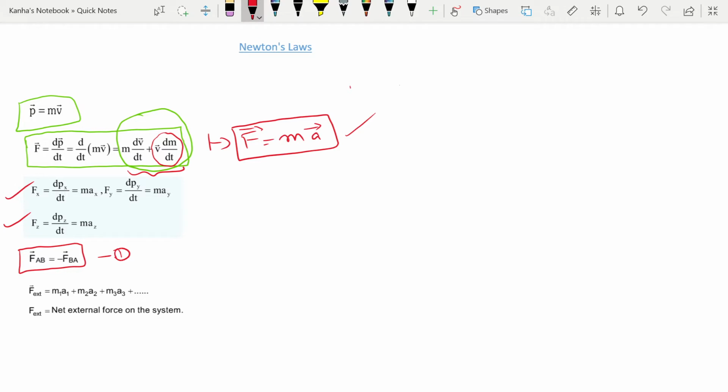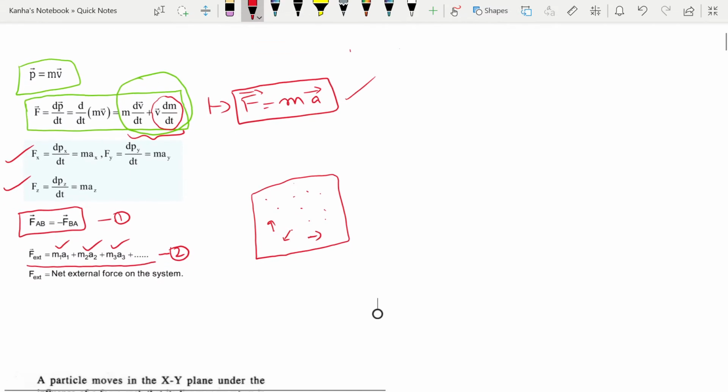The next thing that you should keep in mind is the net external force on the system can be equated to the respective forces on each of the bodies in the system. So if a system of particles, let me assume a discrete system of particles, has n number of particles, each having its own acceleration and mass, then the net external force on the system is equal to the sum of the forces on each one of them. So you should keep this in mind when you consider systems where there are more than one mass present. And let's go to the next section.